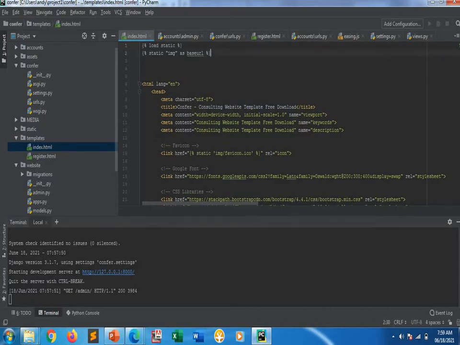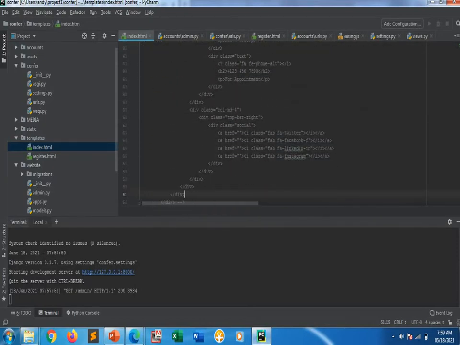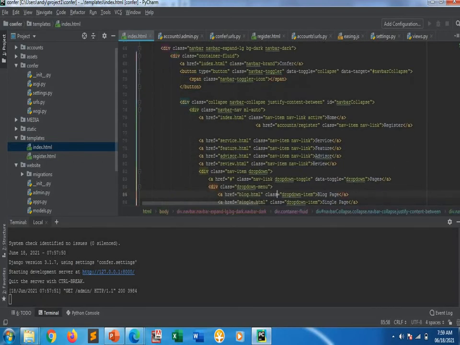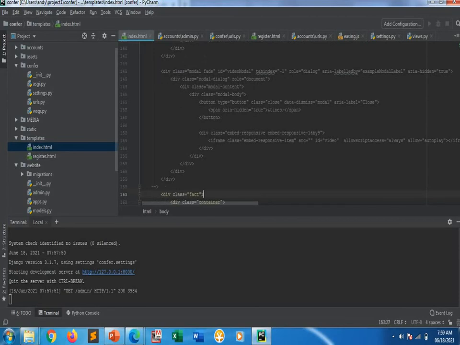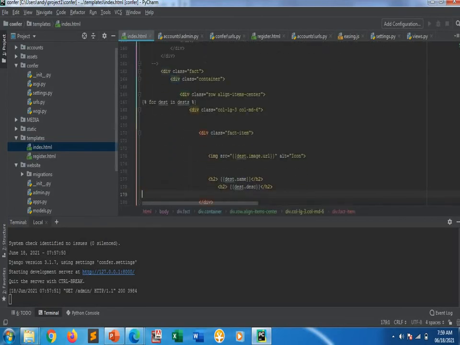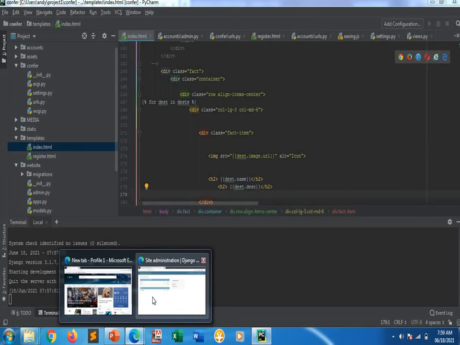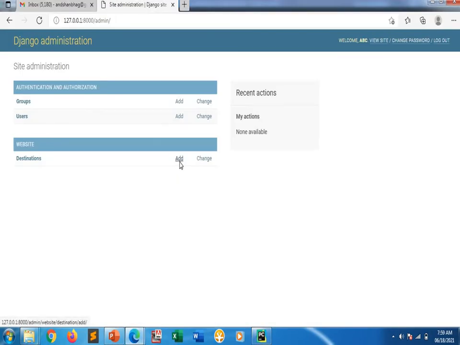Done. Now wherever my images are there, here I should give test.image.url. Right. So this much is done. After this, I need to add some destinations.